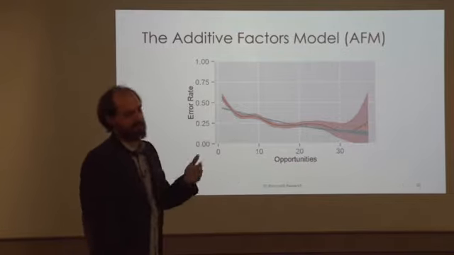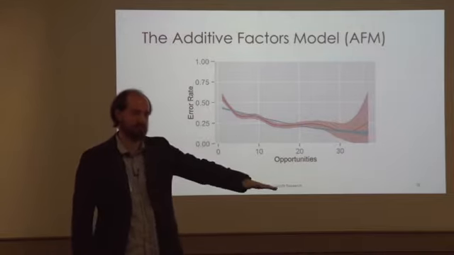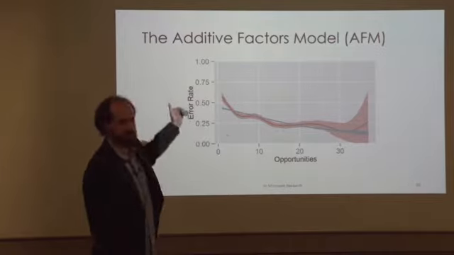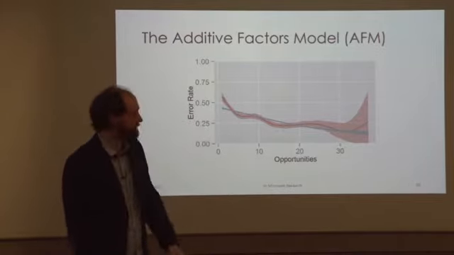And the blue line, which I hadn't mentioned yet, is the fit from AFM. It's the actual prediction curve of AFM. So for a good fitting model, you should expect the blue line to go ideally right on top of the red line or through that sort of pink error channel.